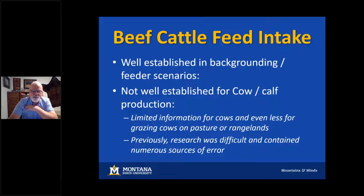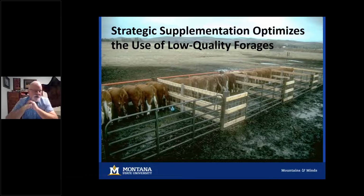And just so you know, I've had people say, well, you're kind of making fun of past research. Just so you know, every single slide I'm going to show is actually my past research. So I'm making fun of myself a bit, but most of you are probably familiar with these kinds of study situations where you have cattle out in a common pasture. And in order to get enough